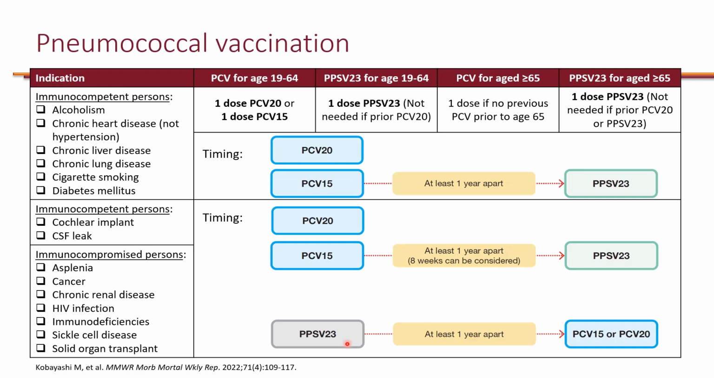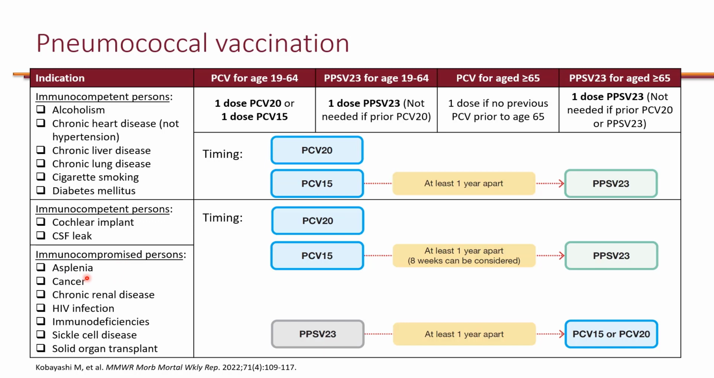Now, let's take a look at those with risk factors. I have broken the risk factors into 3 categories. The first category is immunocompetent. These are just comorbidities. And then the second group are still immunocompetent, but they have some conditions that could expose them to Streptococcus pneumoniae entering the brain and developing meningitis. So this is relatively higher risk than the first group. And then the last is